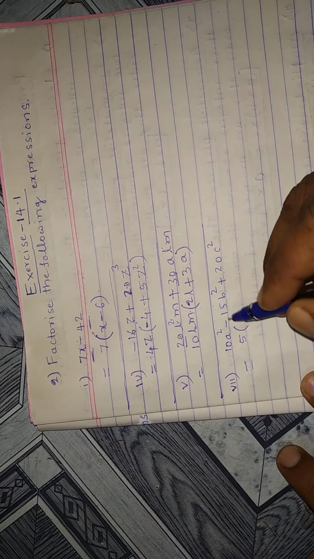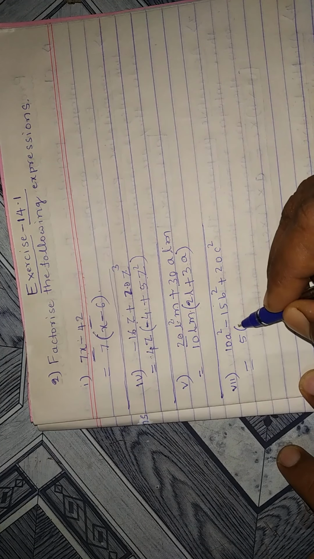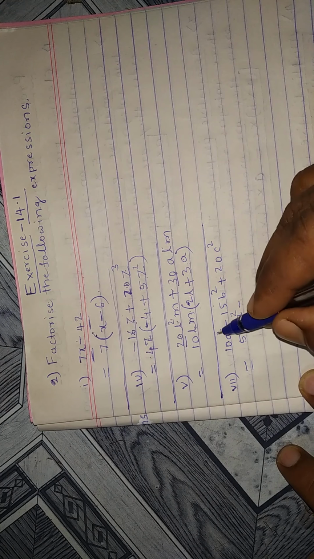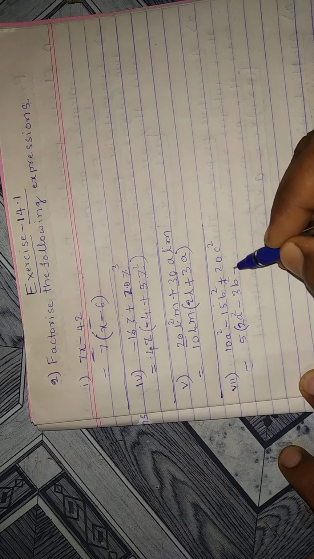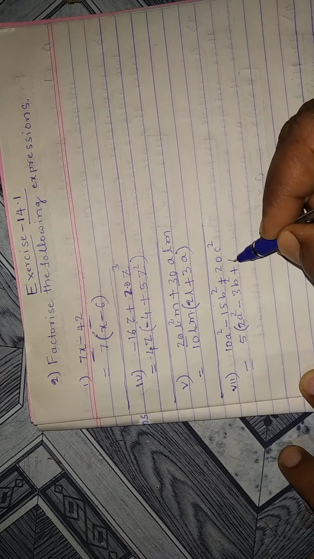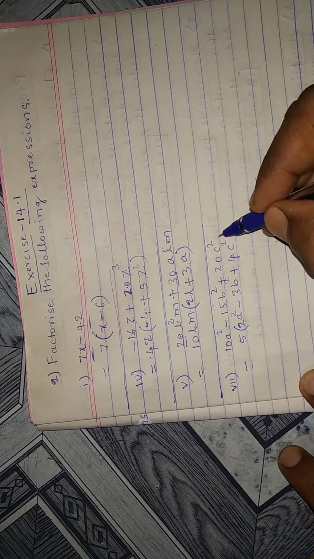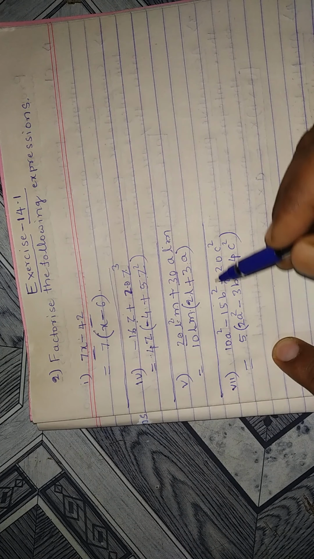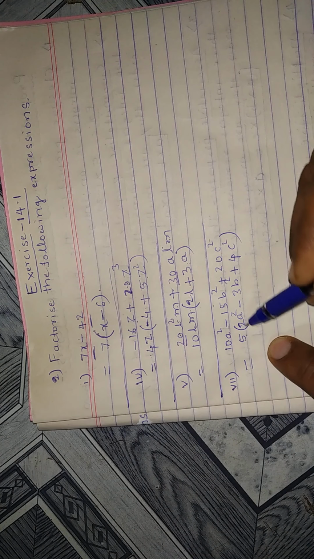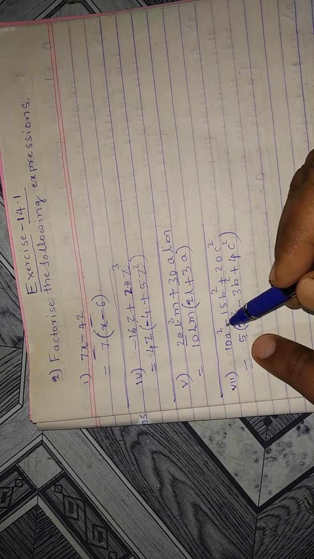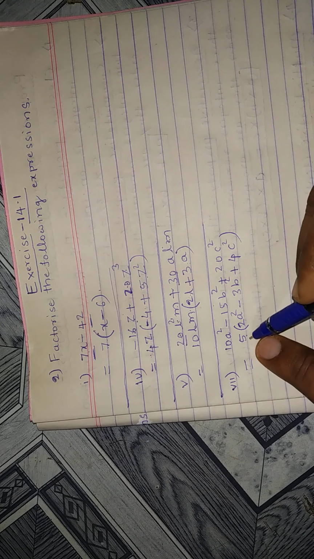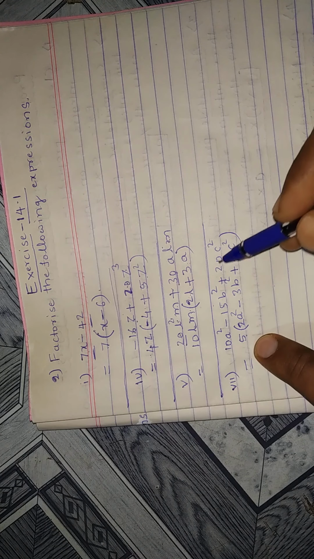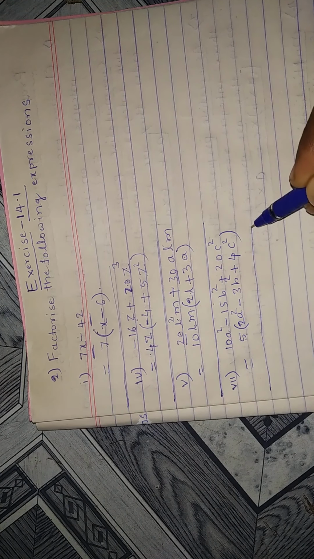It means inside we write 5 how much the 10? 5 2 is 10, and a square as it is, minus 5 how much the 15? 5 3 is 15, b square as it is, and 5 how much the 20? 5 4 is 20, c square as it is. It means, students, 5 is common for all these given terms. Okay, understood? See, after multiplying all this, check whether we get the original expression here. 5 2 is 10, a square, plus into minus, 5 3 is 15, b square, 5 4 is 20, c square. It is the solution for the 7th one.